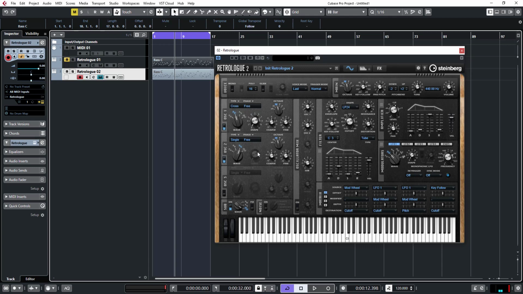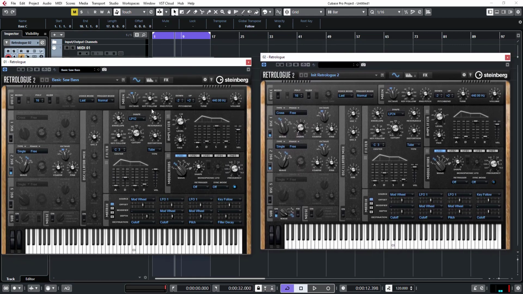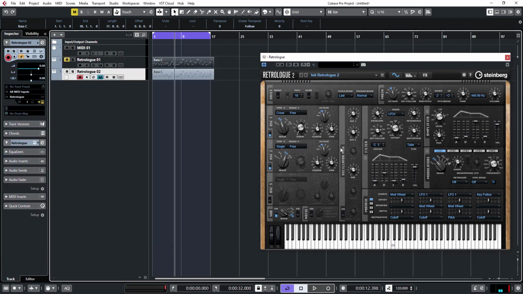Don't forget that you have to first open the two synthesizers and then recreate the sound and then close the preset and then try to recreate the preset without looking at it. That's how you learn. And then once you have that covered, maybe after 7 days, you can start adding to the sound. As you can see, I added 2 oscillators. I added the sub bass and oscillator 1 just to thicken up the sound, because if you listen to the preset,